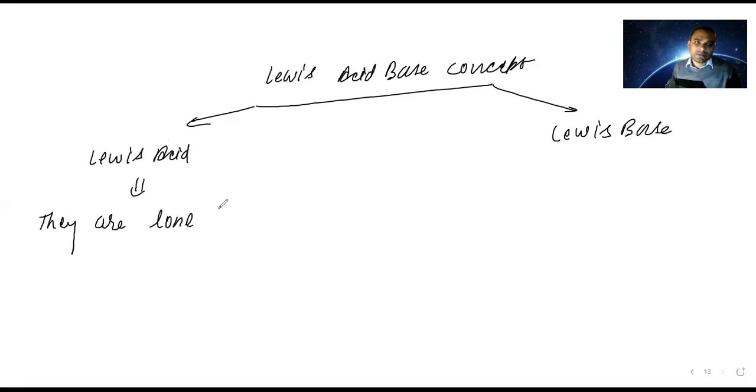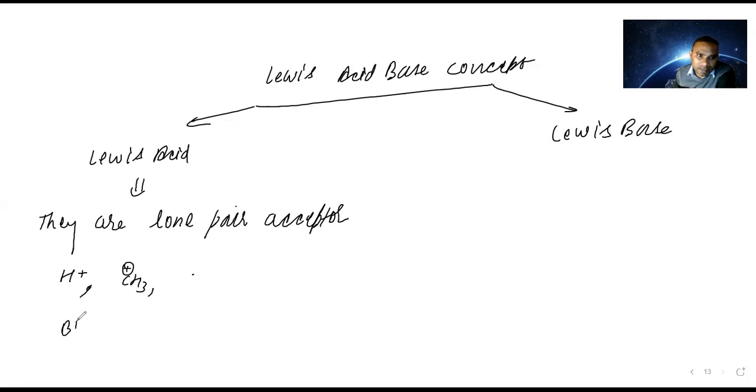If you talk about the Lewis acid, they are lone pair acceptors. If anything is going to accept a lone pair, it is going to be an acid. Like H plus ion can accept a lone pair of electrons, CH3 plus, all the positive charges. Okay, they are going to be the acid. Another condition: BF3, BCl3, BH3, AlH3, they all are going to be acid,